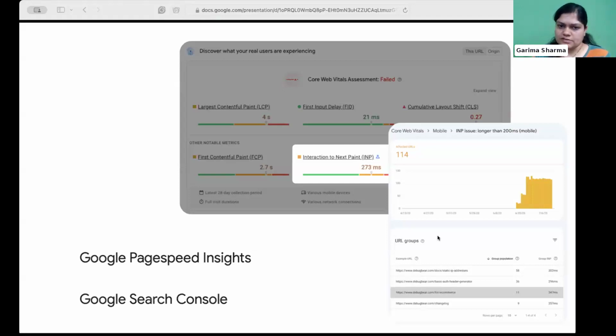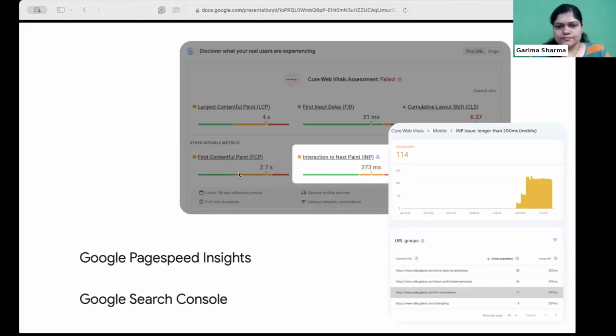Another popular one is Google Search Console, which primarily focuses on providing insights into search performance and site visibility in Google search results. To improve INP based on your Google Search Console data, you will get all those URLs clubbed together which do not meet the INP benchmark. This way you can review them, fix the INP using the various opportunities, and revalidate those URLs in